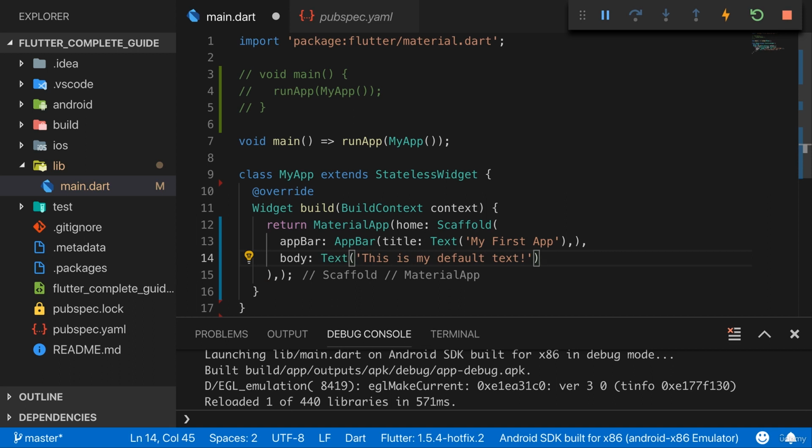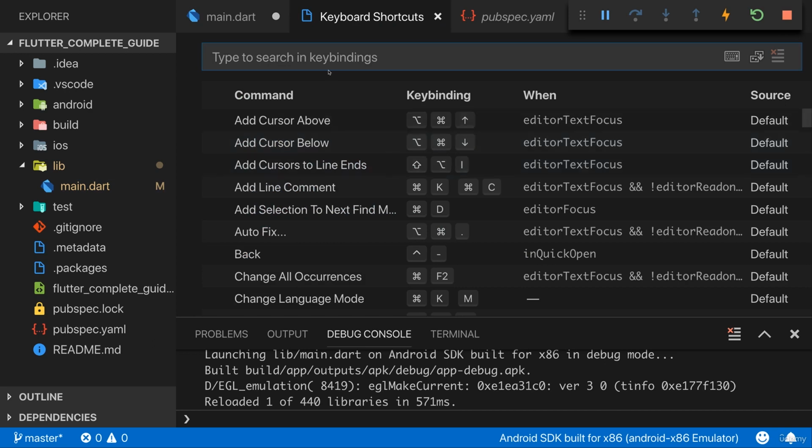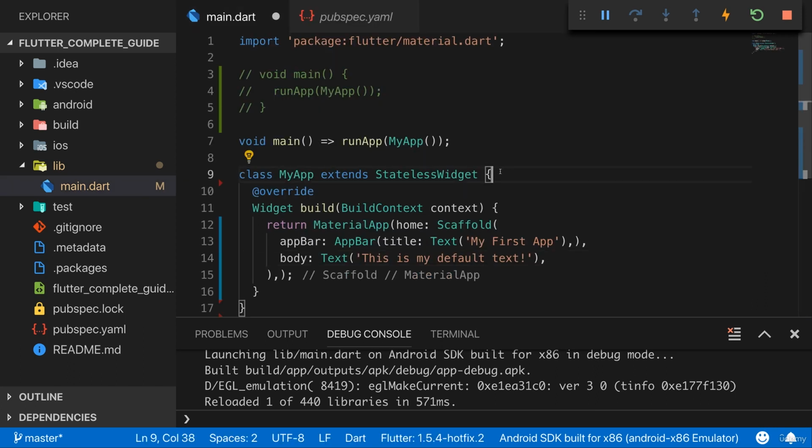Now, one recommendation I have here, always add a comma after closing parentheses, because this will allow you to auto-format this in a very readable way. That's just a feature the Flutter extension for Visual Studio Code and also for Android Studio offers. You can format your document with a certain key binding, and you can find that if you go to Keyboard Shortcuts, and there you search for Format Document in Visual Studio Code. Then you should find a key binding, which you can also change if you're not happy with the default. With that key binding, if you press that,